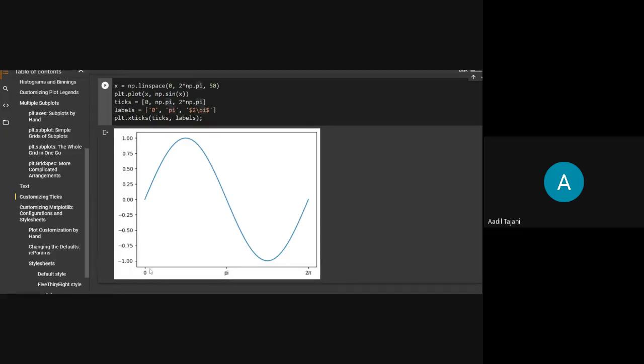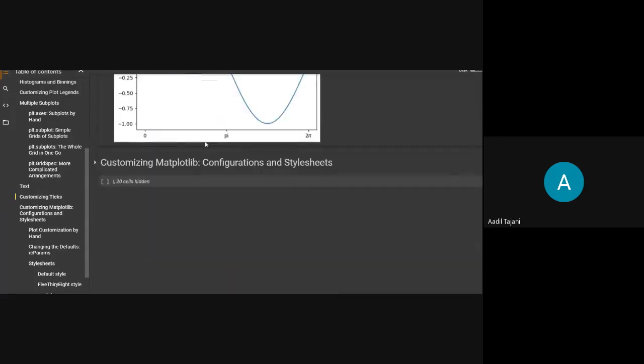So this is how you change the text as you like. Here I have changed the x ticks, and similarly you can change the y ticks too. You can just mention plt.yticks. You can mention the values that you want to see, and if you want to show some string for them as you like, then you can pass an iterable for those labels also. So this is how you change ticks.